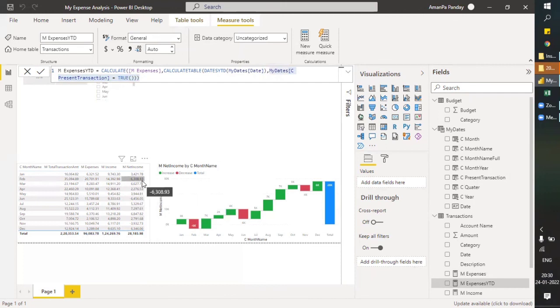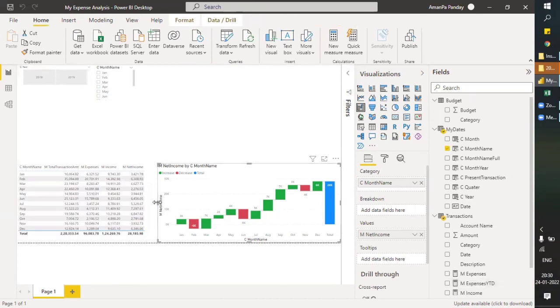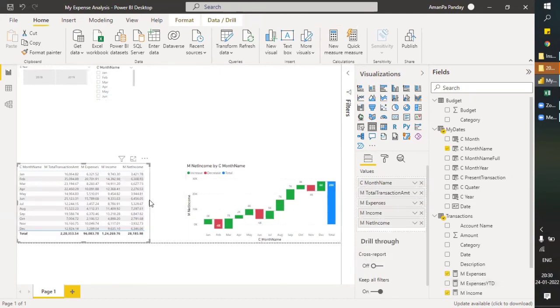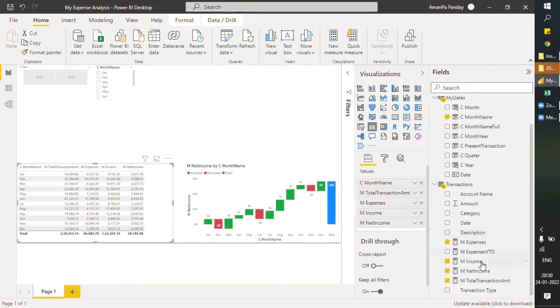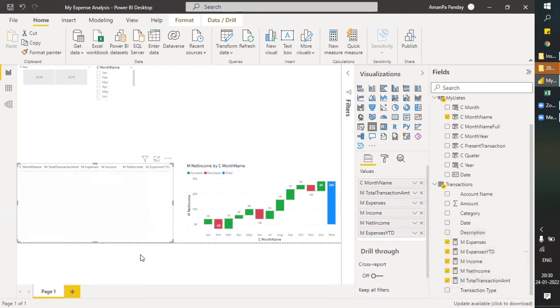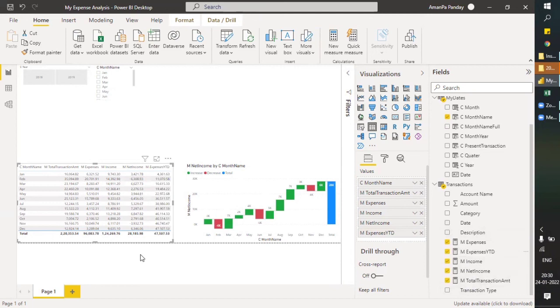Just create some space here, and let me add YTD. You can see it has increased.